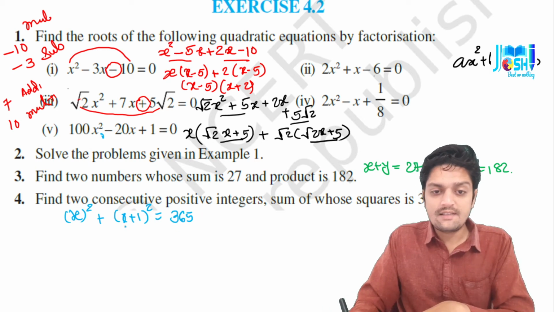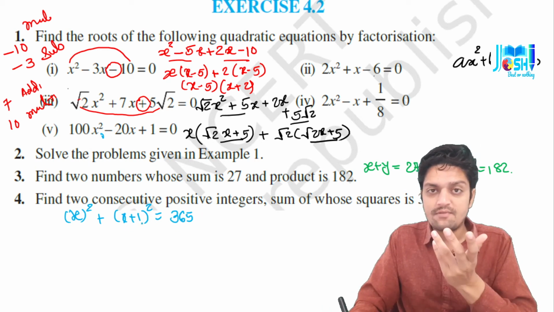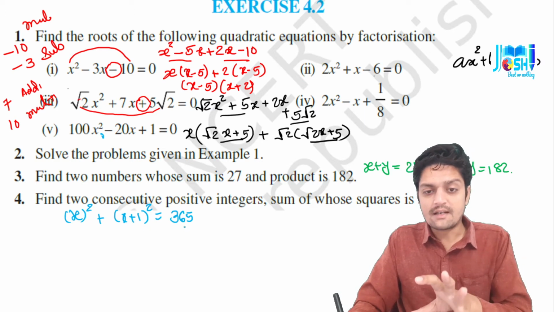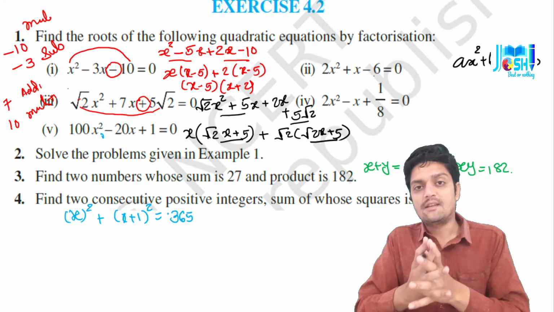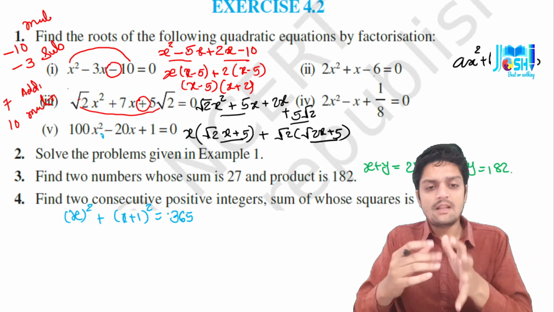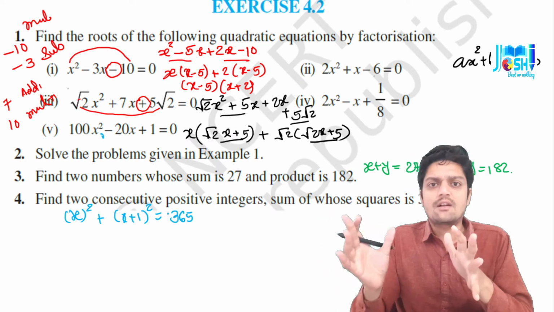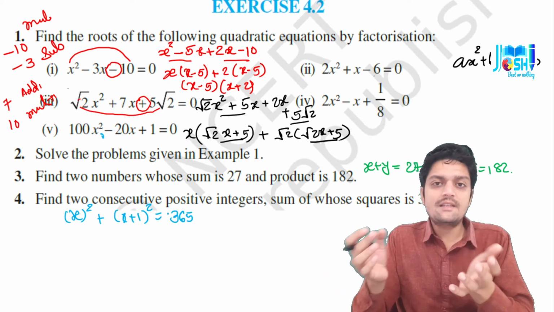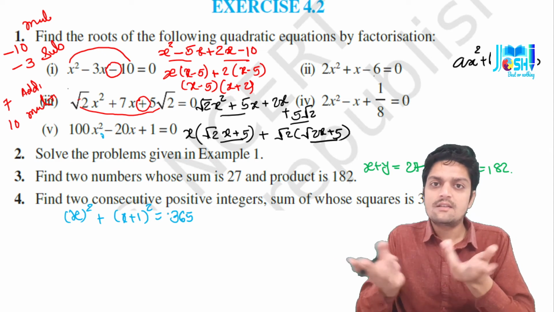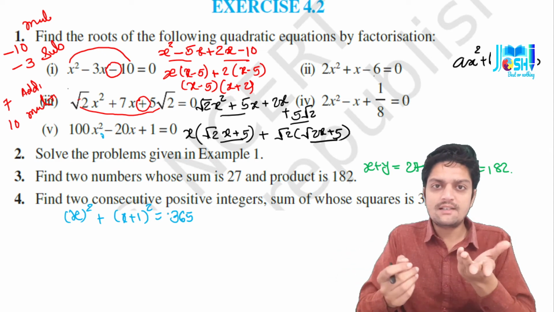And now so easy, this a plus b whole square formula you can expand, and easily now you can get the answer. See, logic is the main thing. Now this equation anybody can solve. So logic is the main thing. The equation should be formed; once the equation is completed, then you can easily solve this question.